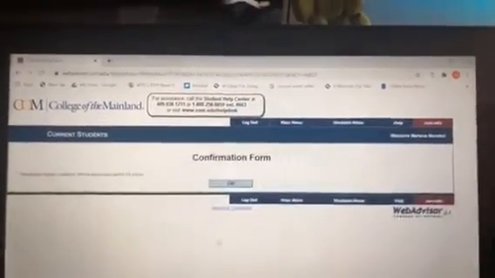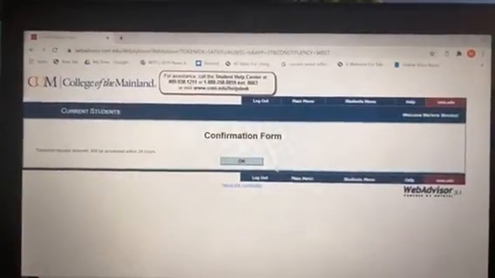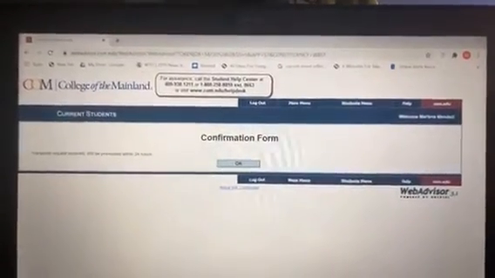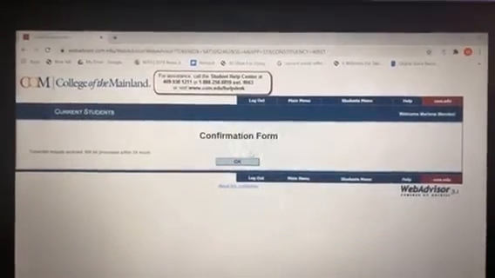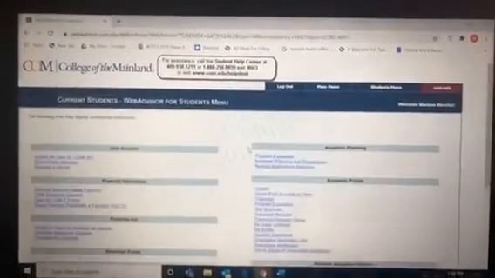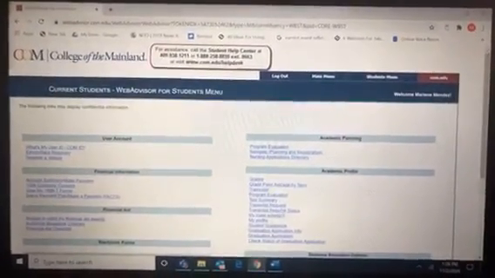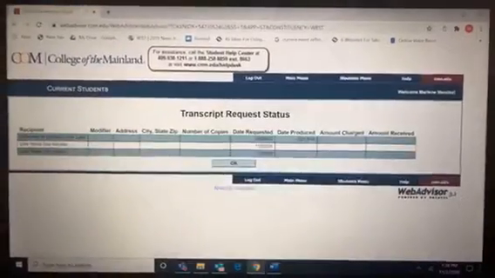and hit submit. Once you hit submit, you will see that there is a confirmation form letting you know that your request has been received and it will be processed within 24 business hours. You can click OK. A day or two after, you can come here and click on your transcript request status